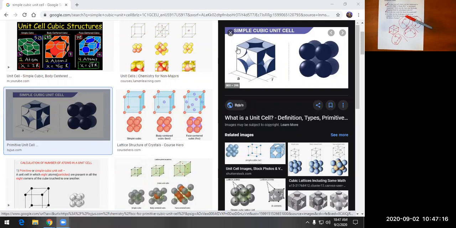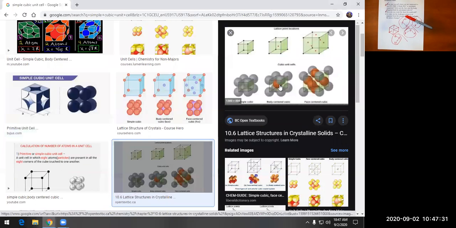So in the case of simple cubic, you can get the edge length as being 2R directly. And so you don't need to go to a diagonal in order to find that information. If instead we are looking at, say, the body-centered cubic,